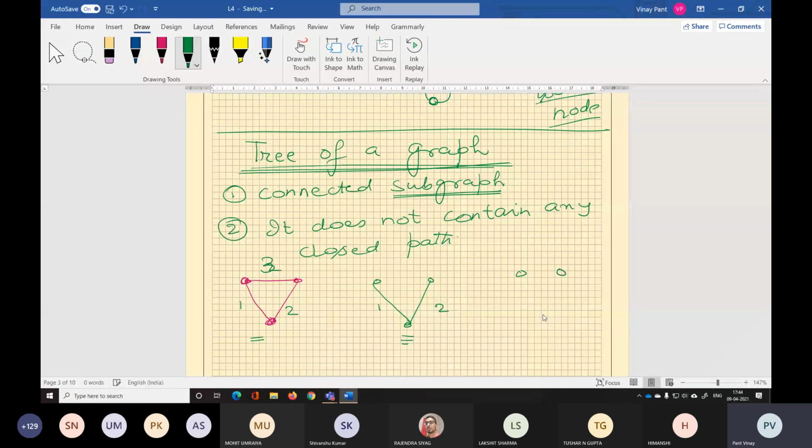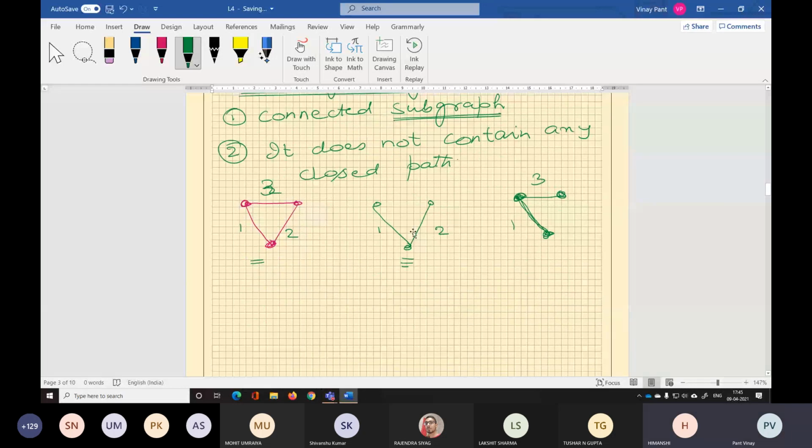I can draw another tree of the same graph. Is this a tree? It contains now elements number 1 and 3. This is a tree. Any other possible tree of this graph? Any other tree? Element 2 and 3. Sir, 2 and 3 can also be, and only 1 can also be, no sir? Single branch. Wait a minute, first let me do 2 and 3. So this is a tree, all right.